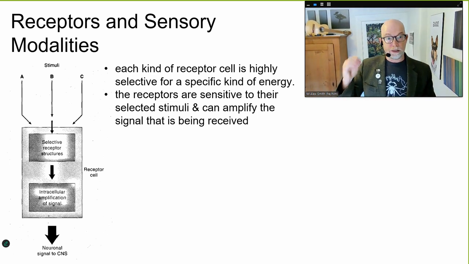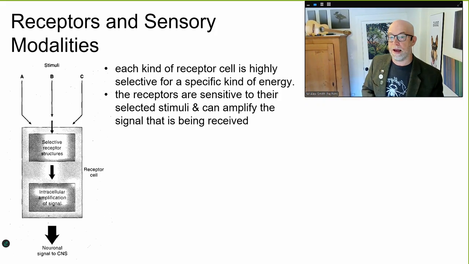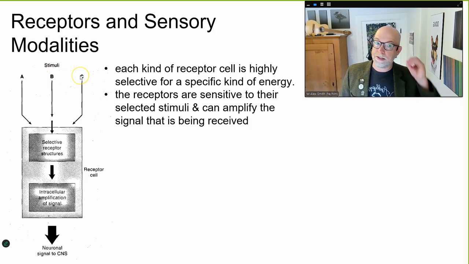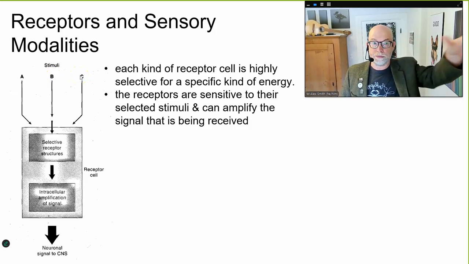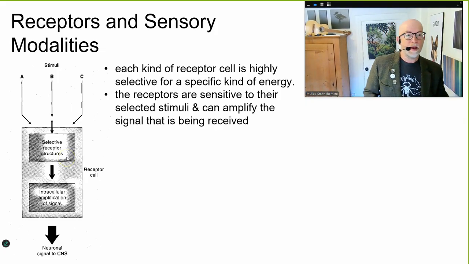And so they're sensitive to that stimulus, and then they can amplify. There's various methods that they have of amplifying that signal. So we have, maybe it's electromagnetic radiation and some kind of pheromone and some kind of sound, some kind of a knocking, some kind of a physical transmission. Those are received by, in this elegant biological, not reductionist at all, box here, a selective receptor structure, a pigment cup, a sensilla,